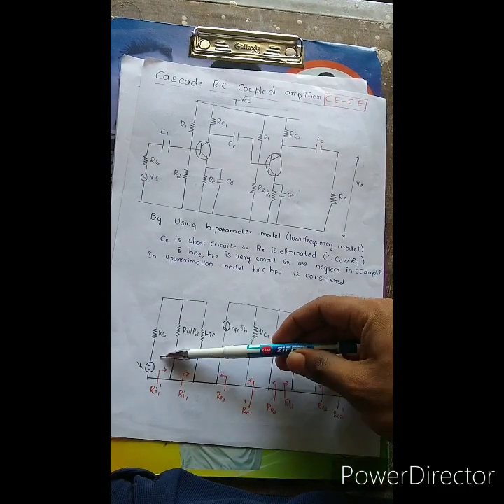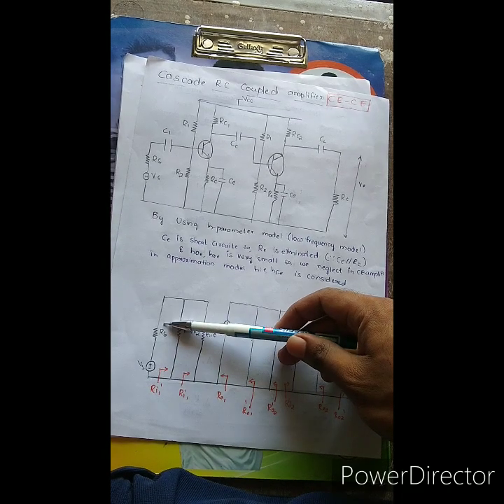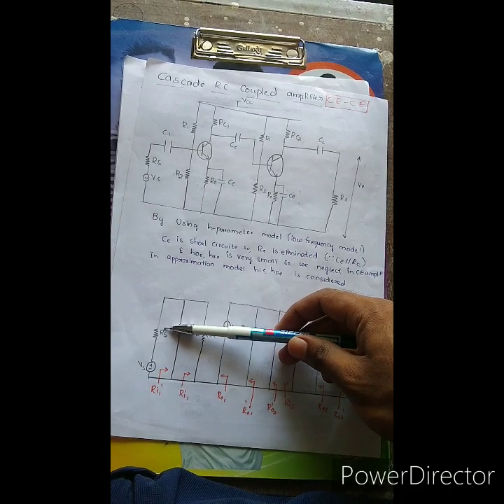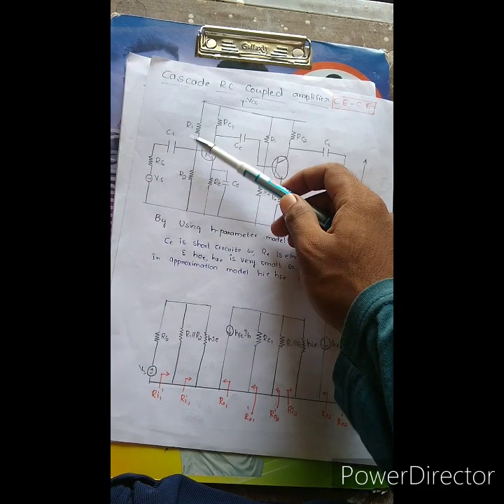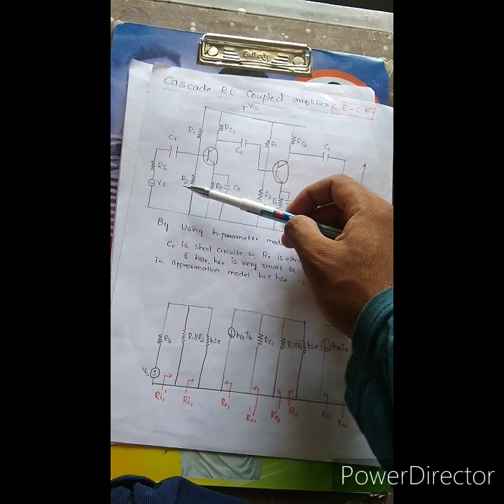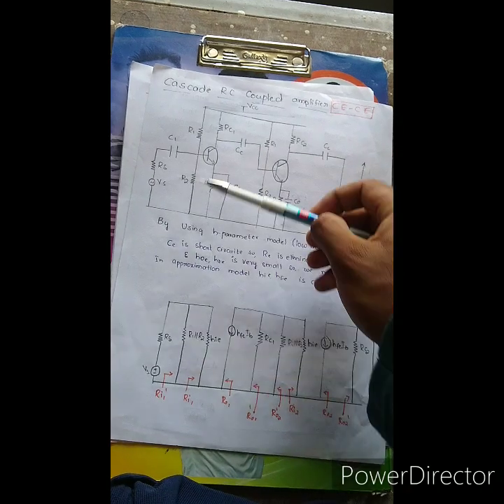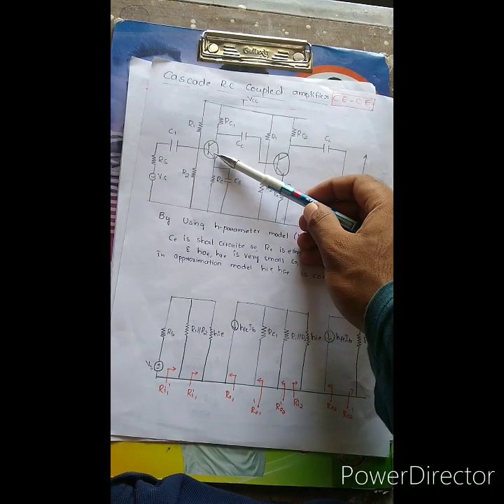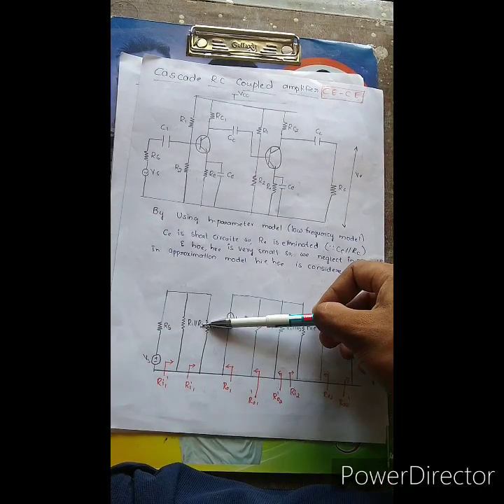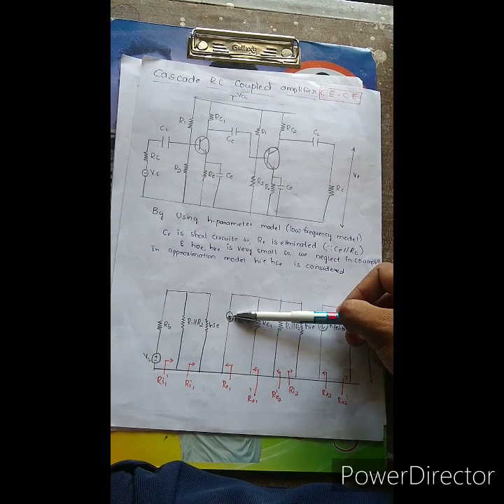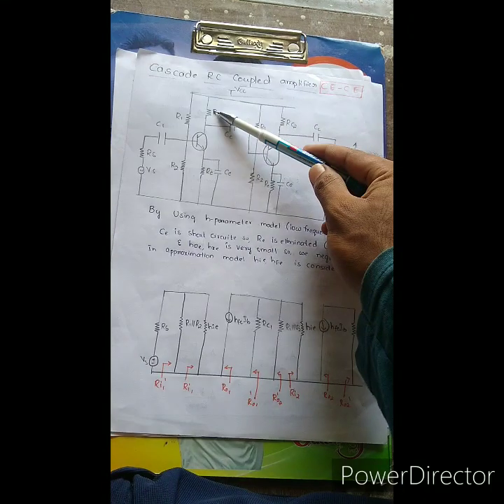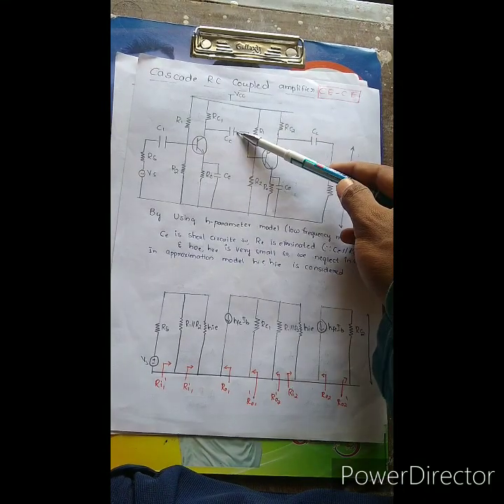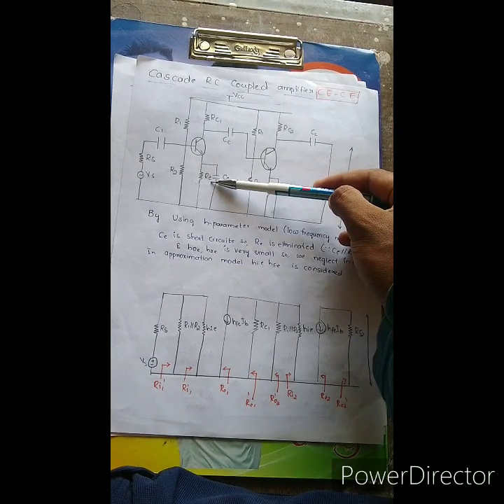Source impedance, source parallel to resistor, and capacitors are removed, friends. The capacitor is removed and we have R1, R2 in parallel. We have written R1, R2, and the transistor is replaced by HIE, HFE, and at the collector RC1 is there, friends, and the CC is removed, RC, CC, CE also removed.